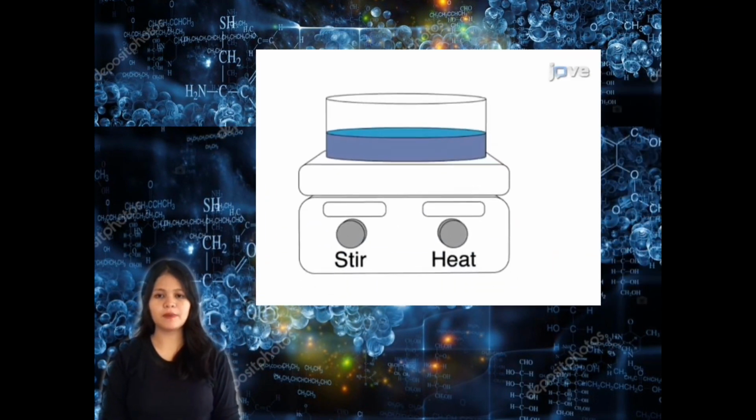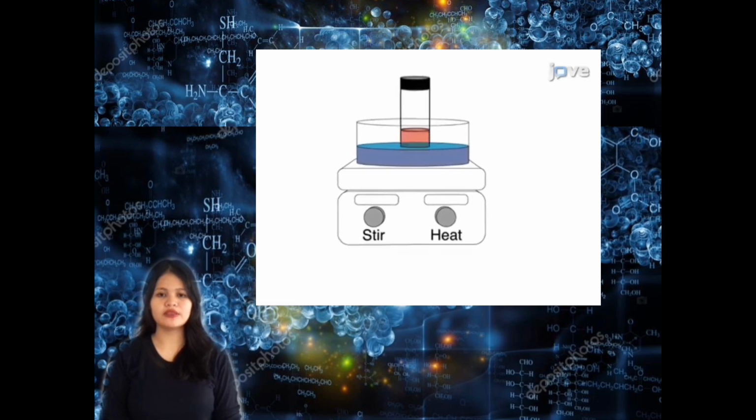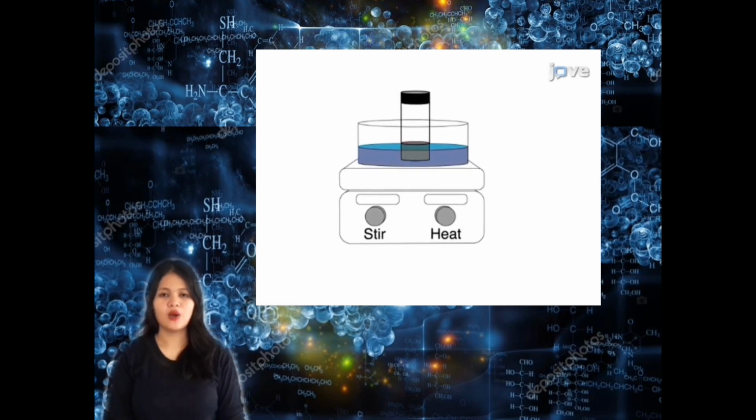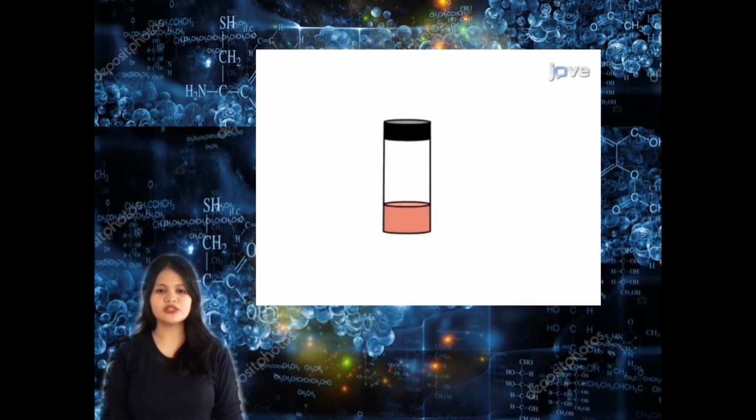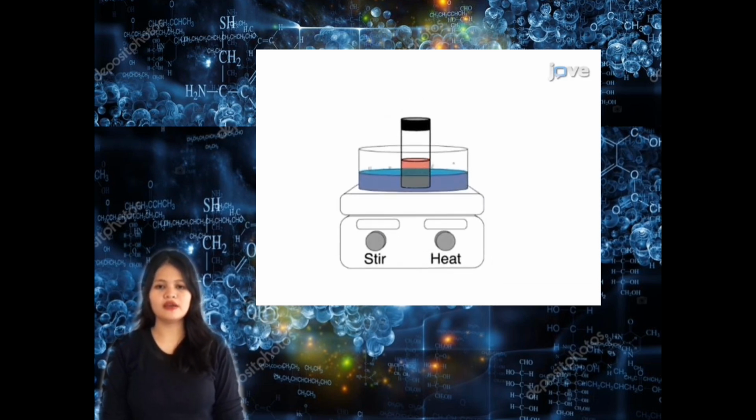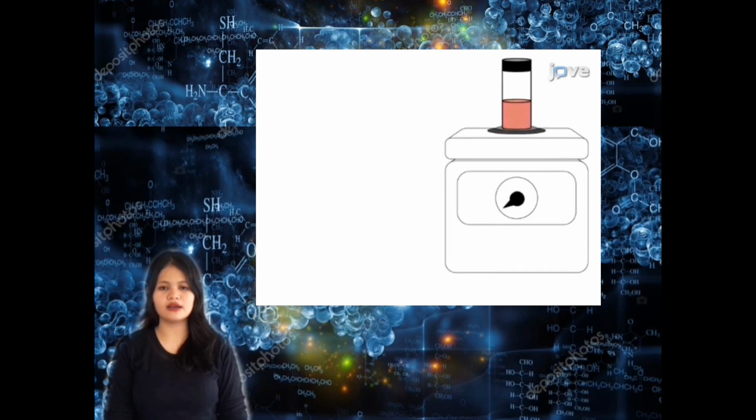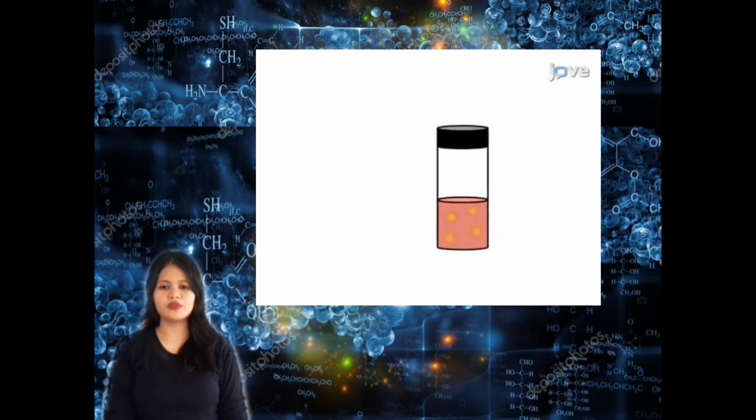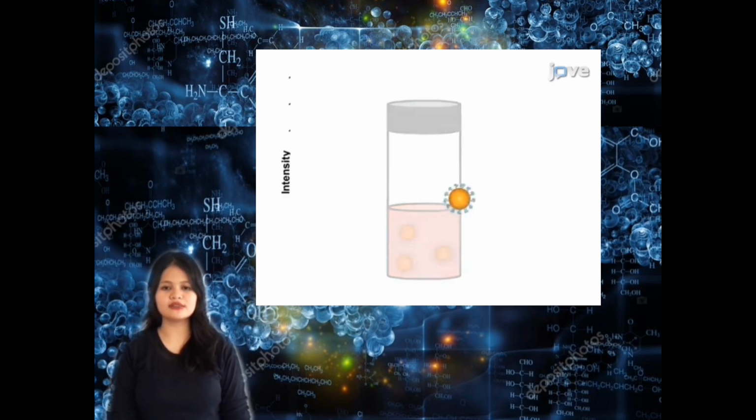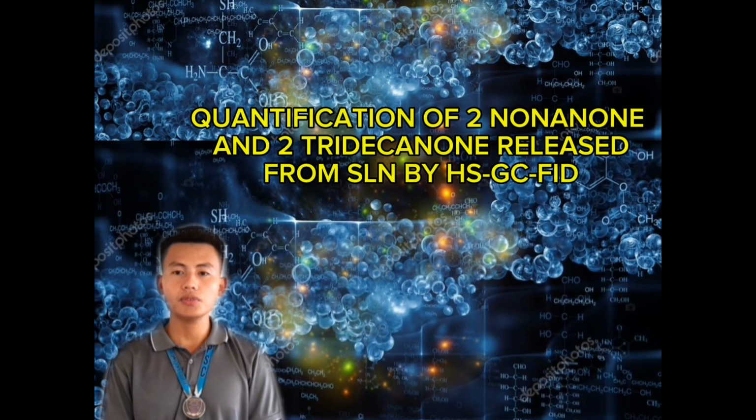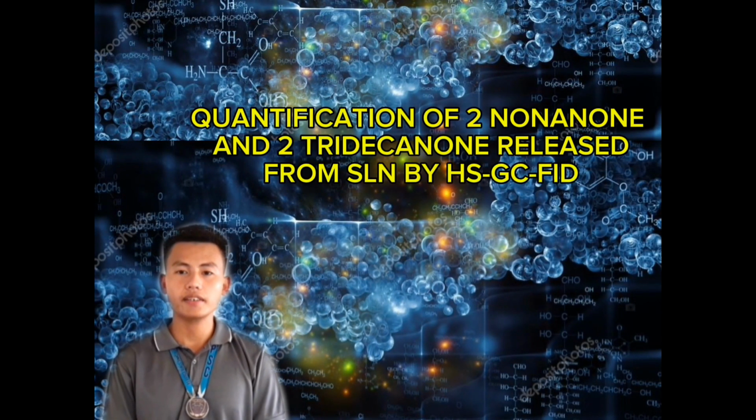The morphology and particle size of SLNs were determined using STEM and TLS, while their size, polydispersity index, and surface charge were characterized using DLS. TGA and FTIR spectra were obtained using Agilent Technologies Cary 630 FTIR spectrophotometers with transmittance between 3600 and 600 cm. Quantification of 2-nonanone and 2-tridecanone released from SLN by